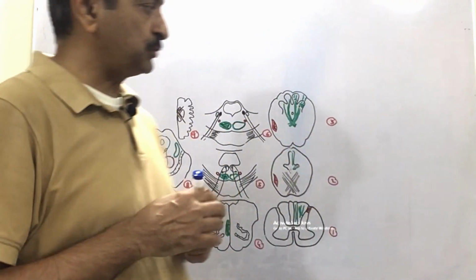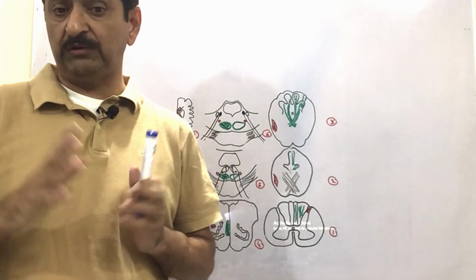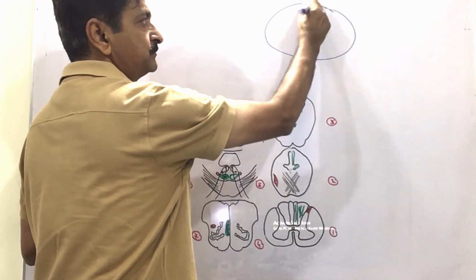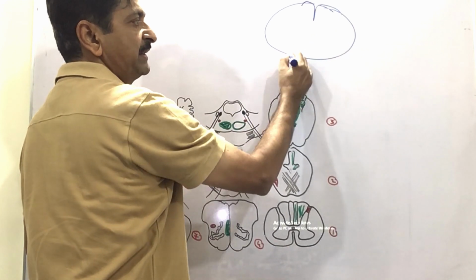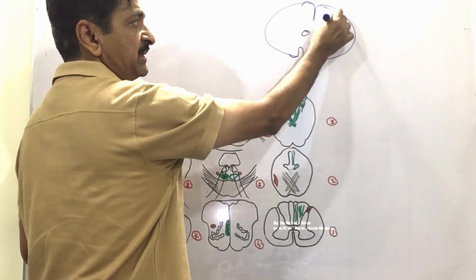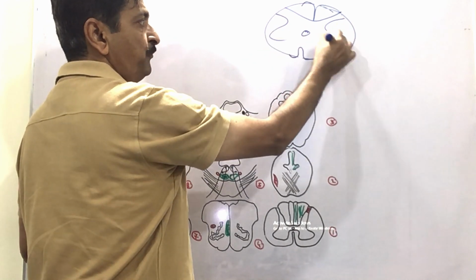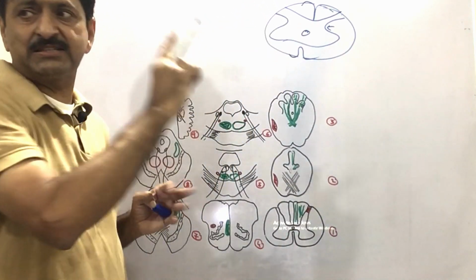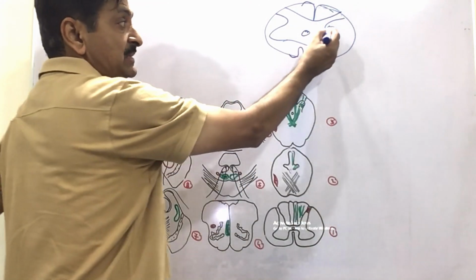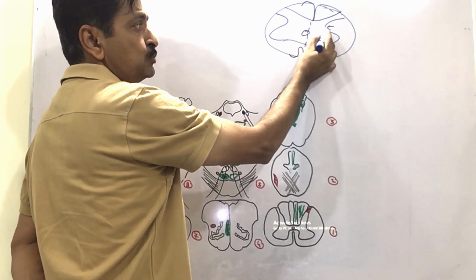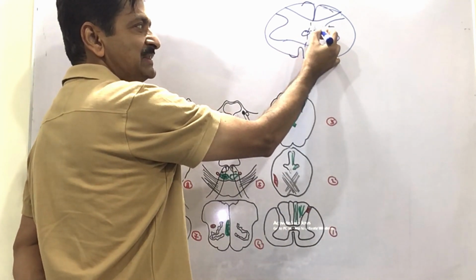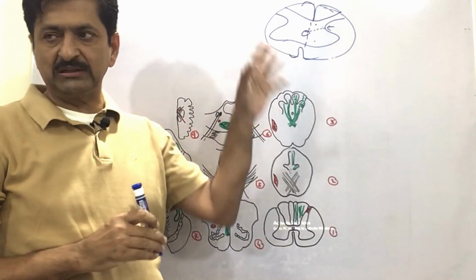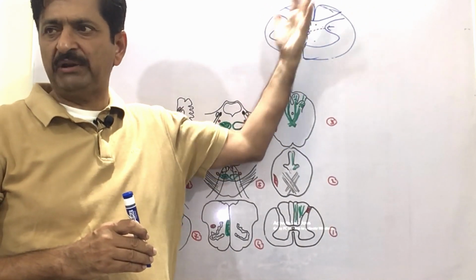But before that, you should have a good idea about how the spinal cord will look. If you cut a section in the spinal cord like this, you see the posterior median sulcus, the anterior median fissure, the central canal, and the grey matter in the form of horns. Already you know that because they project here, and this depression represents the sulcus limitans. So this is the sulcus limitans, and this area is called the posterior horn and this area is called the anterior horn. So anterior and posterior horns are there. We have already seen these things in the brain stem also.